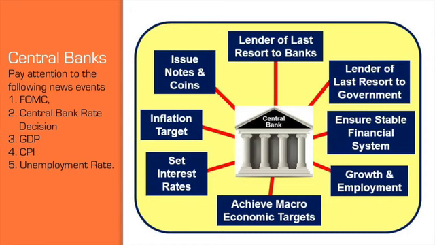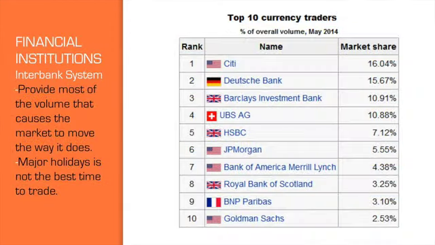For example, the Bank of Japan has to keep the value of the Japanese yen low because the Japanese economy is dependent on the export of Japanese products. And other countries won't want to order from Japan if their products are too expensive. So when the yen value goes up, the Japanese bank buys other countries' currencies against the yen in order to lower the yen's value. As you see, this has nothing to do with making a profit because in this case they will have taken a significant loss. This is just one example of how central banks play a role in the government's monetary goals for that particular country.